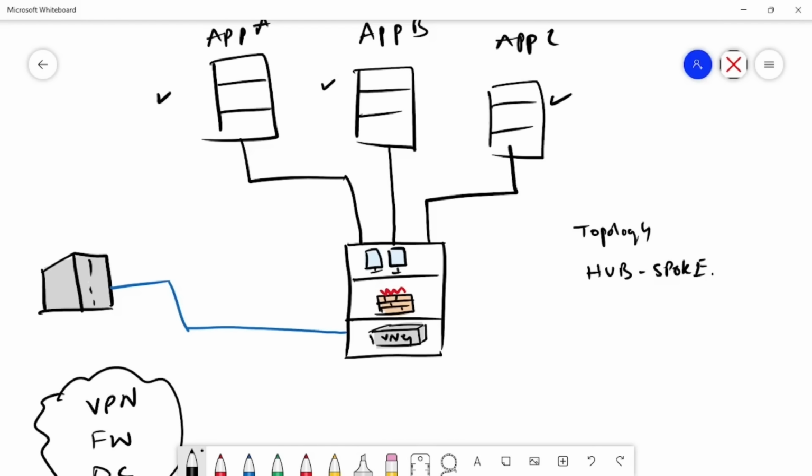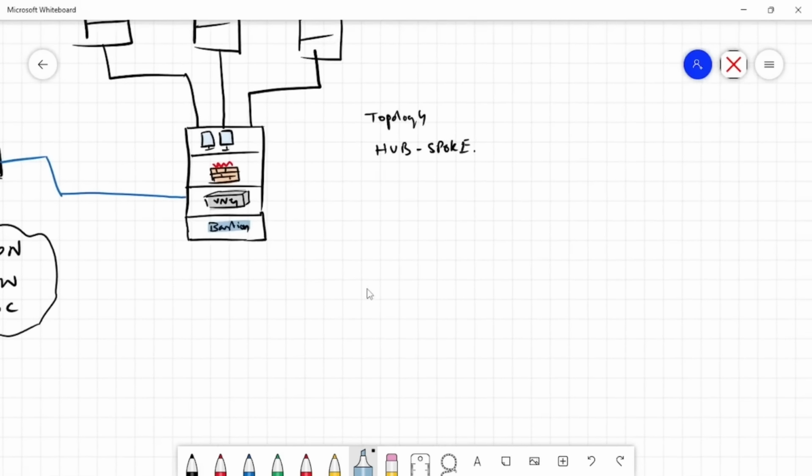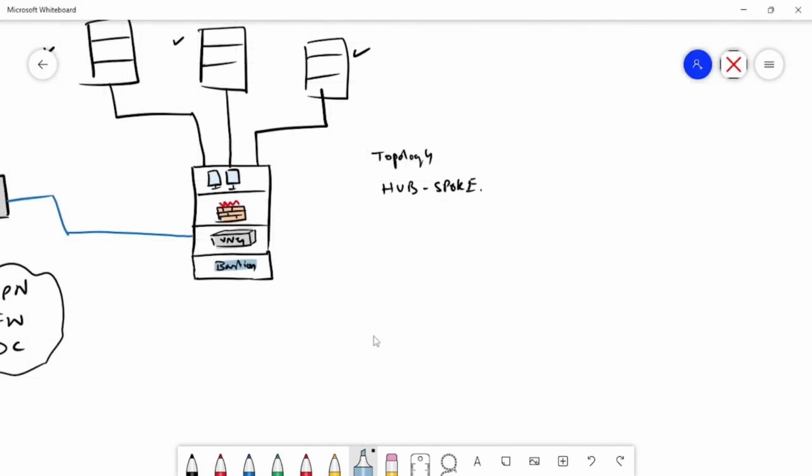And of course, we also have another very common service that is deployed, which is our Bastion service, which is used for taking secure RDP connectivity to your resources on their private IP addresses. This way we can have these virtual networks connected and configured, and they will be able to communicate with each other and also remain isolated and reduce cost. So what we just saw is hub and spoke topology here